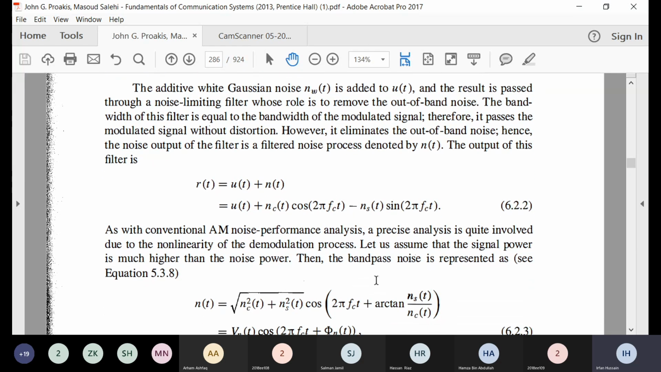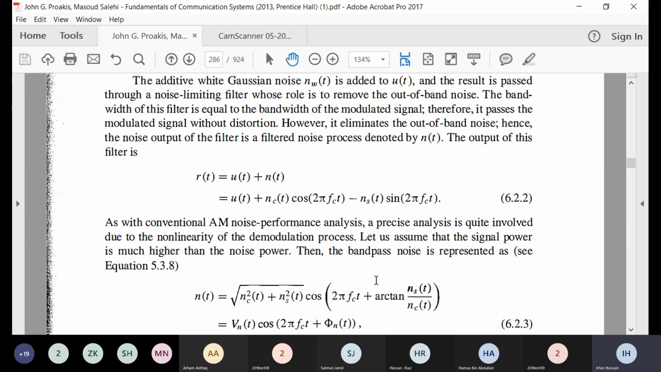So again, the analysis could be quite involved. We will try to use some approximations to get a generalized result. So first of all, we assume the signal power is much higher than the noise power. Then in that case, first of all, what is a band pass noise? So we know the band pass noise is this n(t). It can also be represented like this,